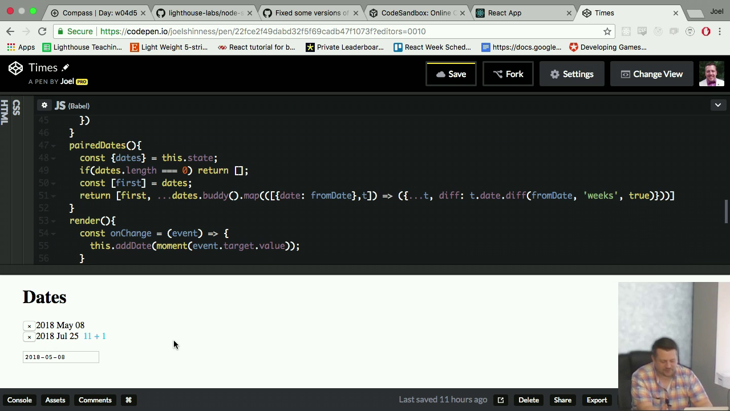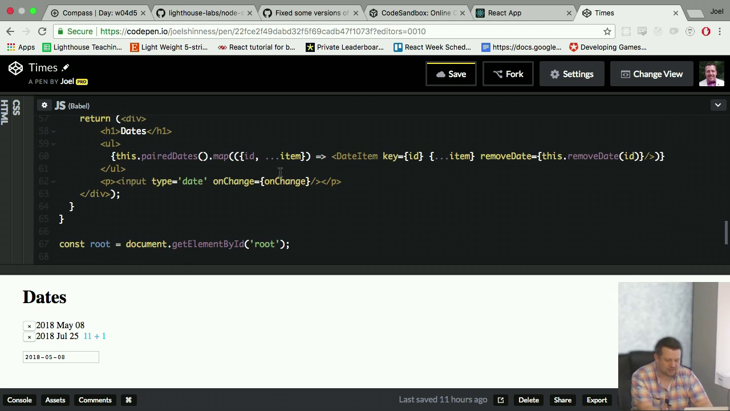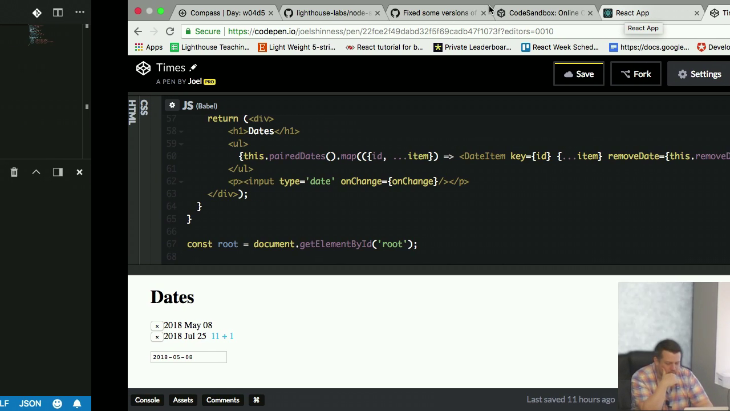So, yeah, that's an example of a selector. I should call this dates with diff, because that's really what it is. But then I put that dates with diff, that's part of my render, right there. Okay. Yeah. So